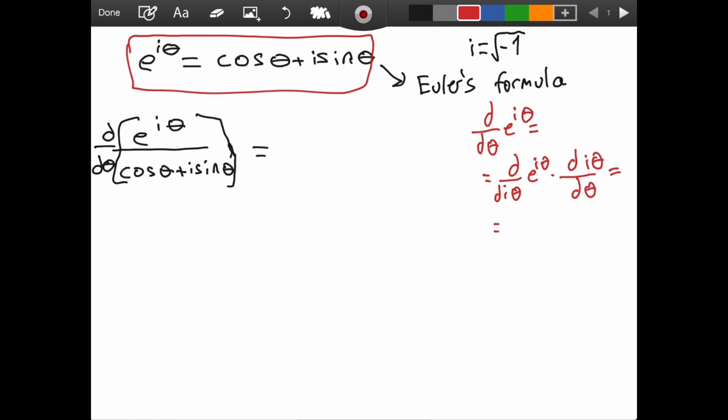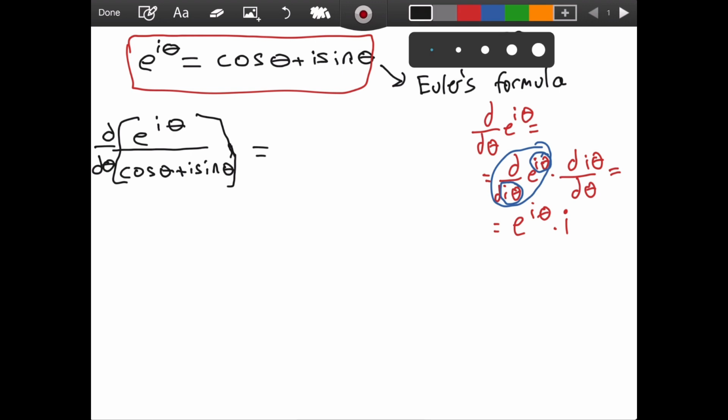So you can think of i theta as being x in both cases. What is the derivative of e to the power of x with respect to x? It is just e to the power of x, and our x in this case is i theta, so e raised to the power of i theta, times the derivative of i theta with respect to theta, which is just i. So the derivative of the numerator is i times e raised to the power of i theta,